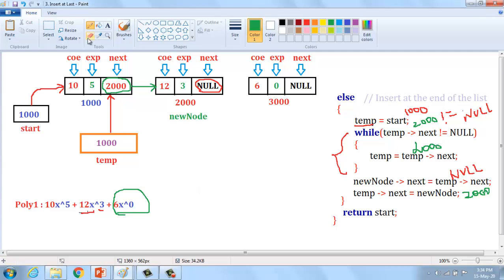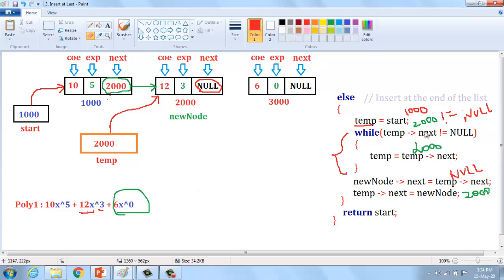Could you understand? This link is terminated, and then the connection is made from this node to that node, because temp acts as 2000. Here temp equals 2000, because the temporary pointer identifies the last node. This is the last node. This is how we identify it.